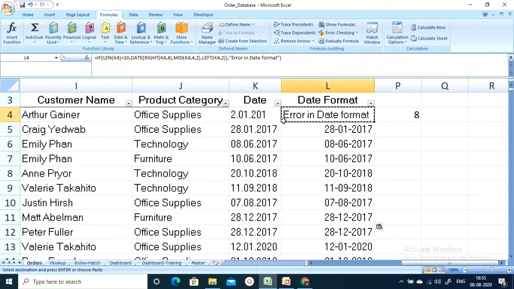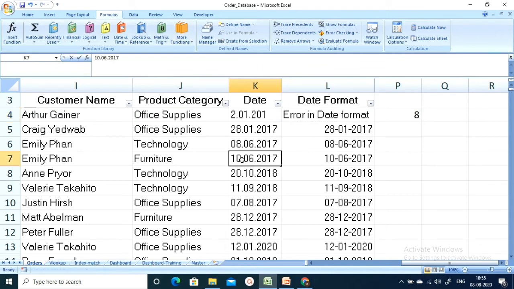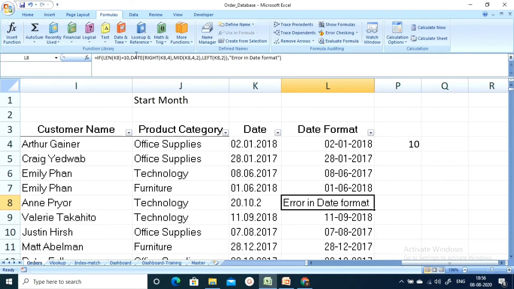Here it's showing if any of the strings is wrong, it will show an error.